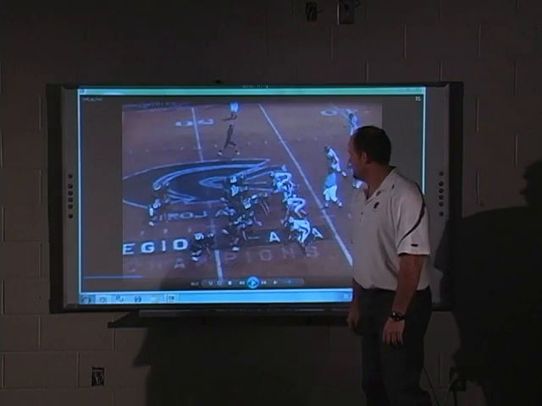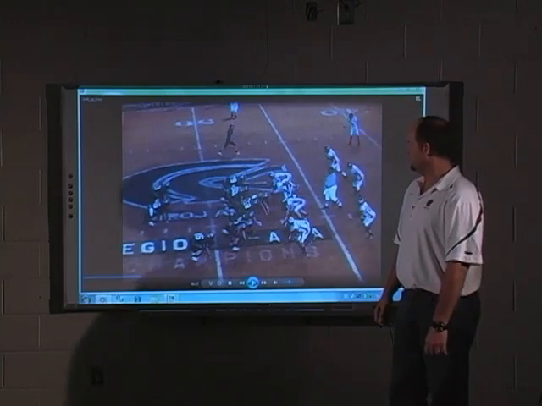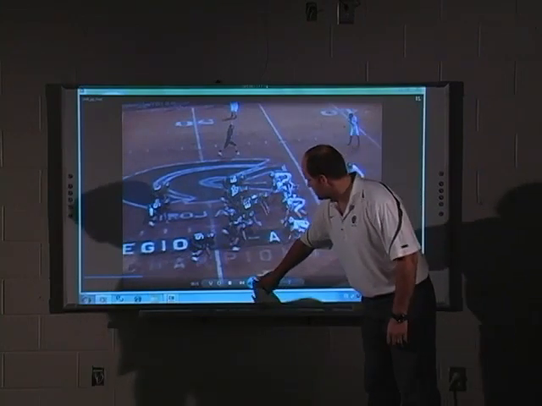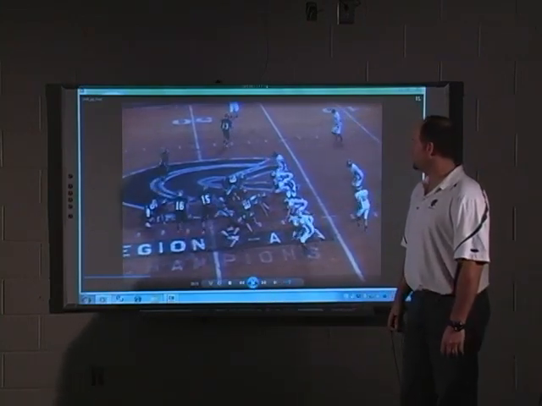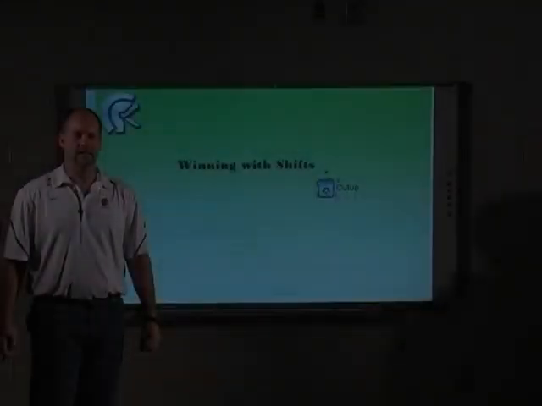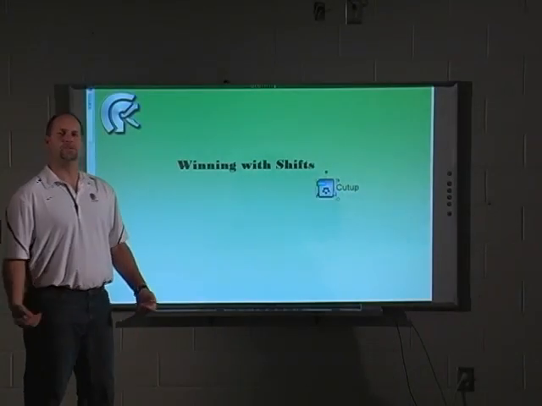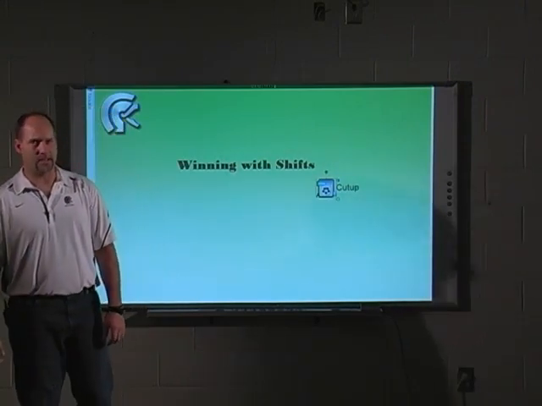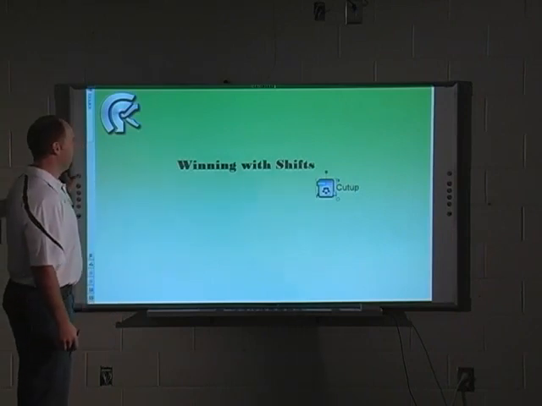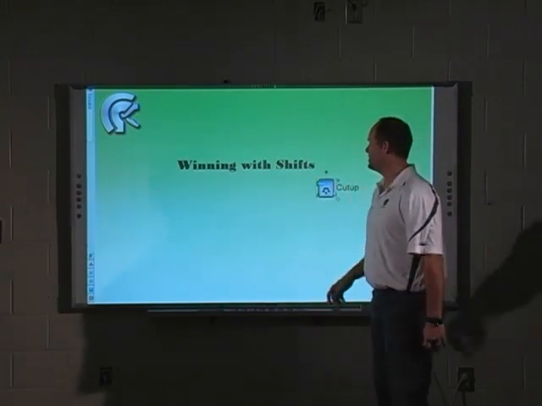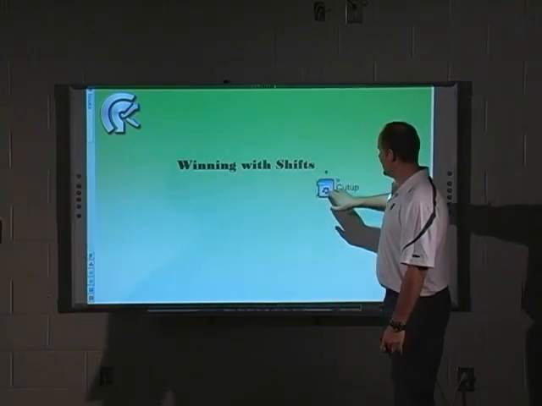Next one, another game plan shift. Again, our base formation down here, you can see this is our rip wing formation. We're going to shift into something totally different, something we saw on game tape against Hart County. Like we said, we don't just use this to look pretty. We use this to gain advantages against the people we play against as well as win games. So we put together a cut-up called Winning with Shifts. It's going to show you some opportunities that we had in games to make adjustments and win utilizing these things.